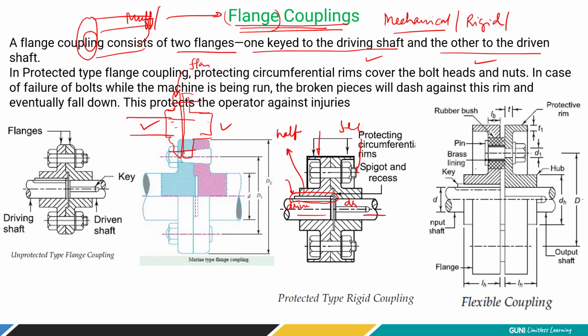Now there are types of flange coupling. One is protected and the second is unprotected. The only difference is, as explained earlier, you have a small projection which protects the operator against failure. In the protected type of flange coupling, a protecting circumferential rim covers the bolt heads and the nuts. Look at it over here. In case of failure of bolts while the machine is running, the broken pieces of the nut and bolt will